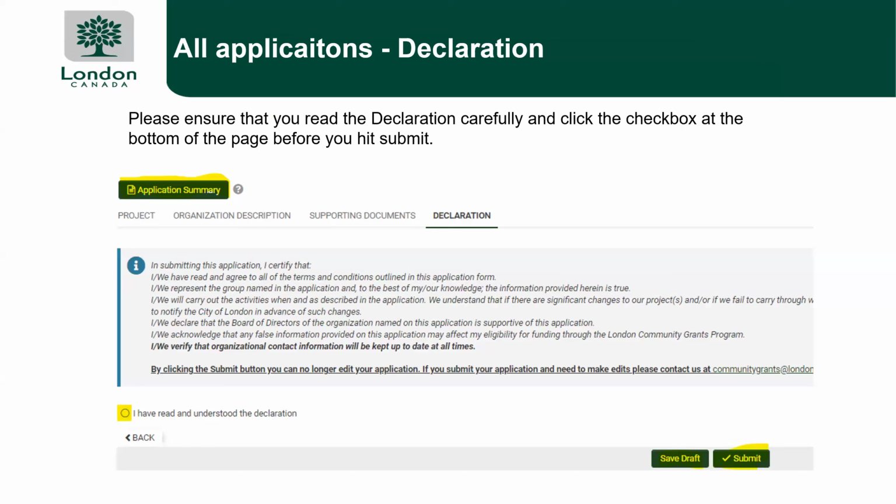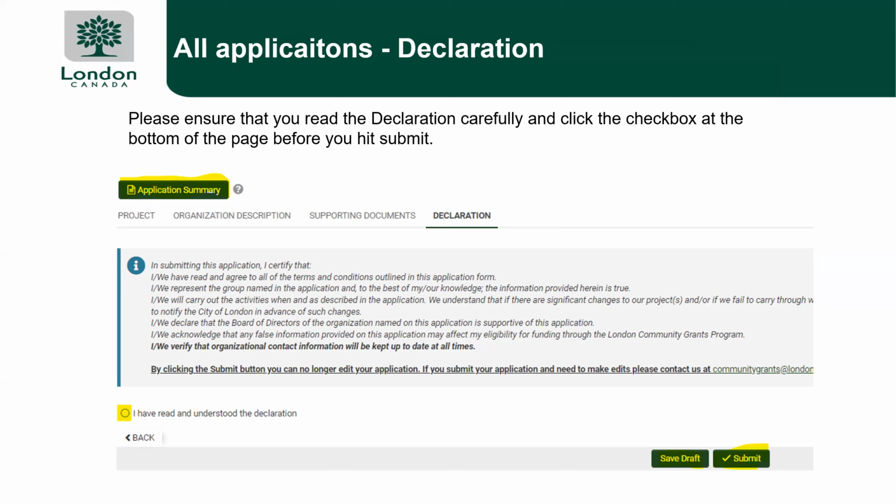So for all applications, the next tab that you will see after supporting documents is a declaration. As the primary contact filling out this application, you are submitting this application on behalf of the organization, your executive director, and the board of directors. So everybody who needs to know that you're applying knows, and you are declaring that all those parties are aware that you're submitting this application.